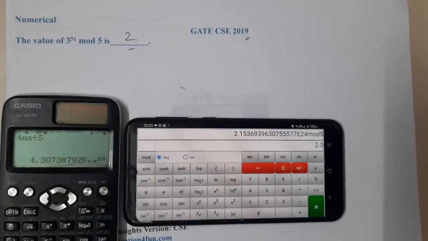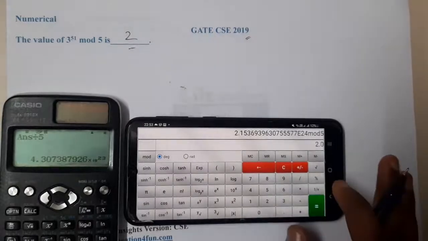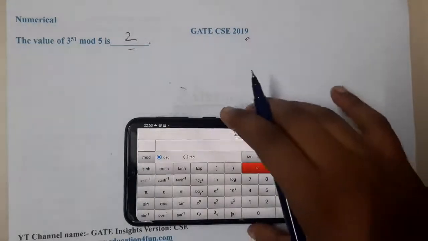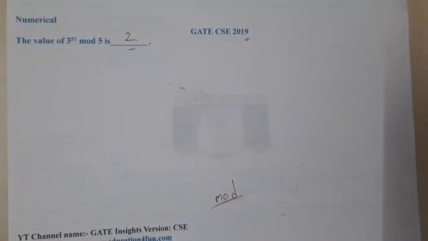It's not an old question, to be clear, right? I don't know how this question ended up in the question paper. Yes, I hope everyone got a clear idea. This is the app, guys. If you want me to show you the website, just give me a second, I'll open it in just a minute.